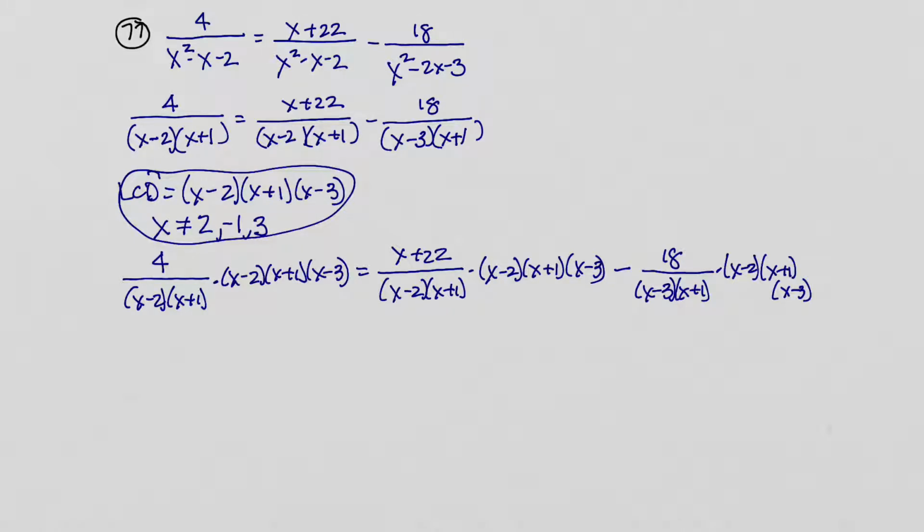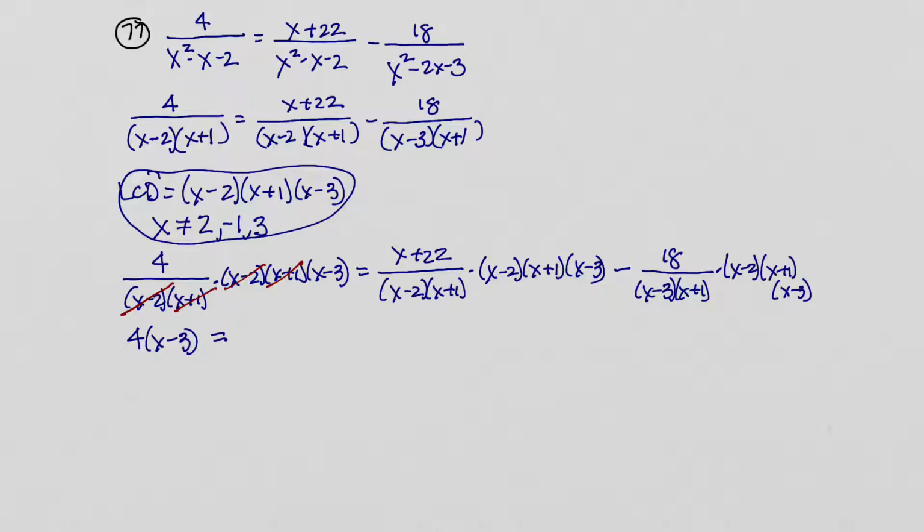Okay, now all these denominators are going to cancel, right? This x minus 2 goes with that one. This x plus 1 goes with that one. And then we're left with 4 times that x minus 3. So we're left with 4 times x minus 3